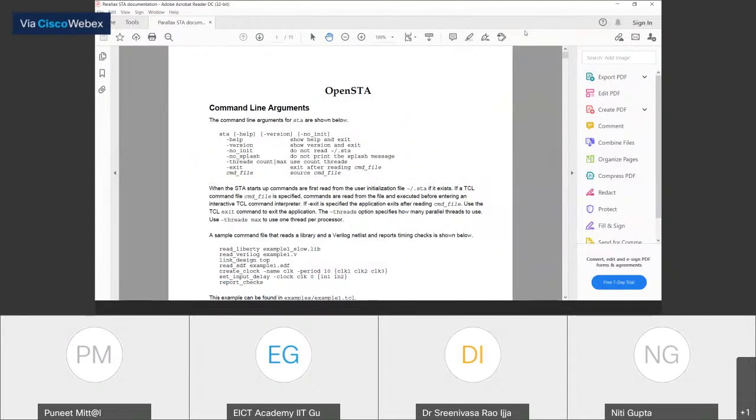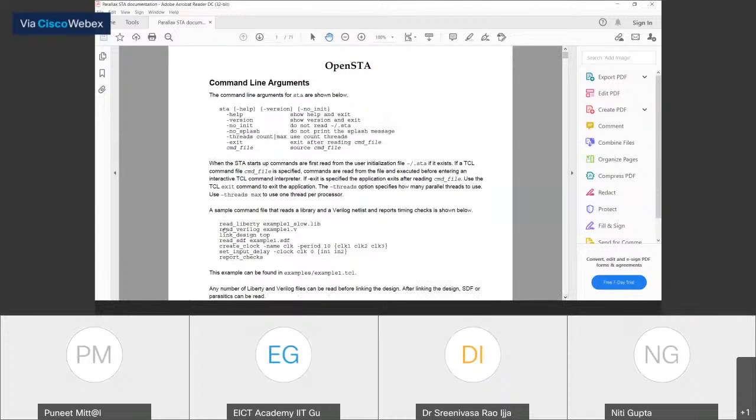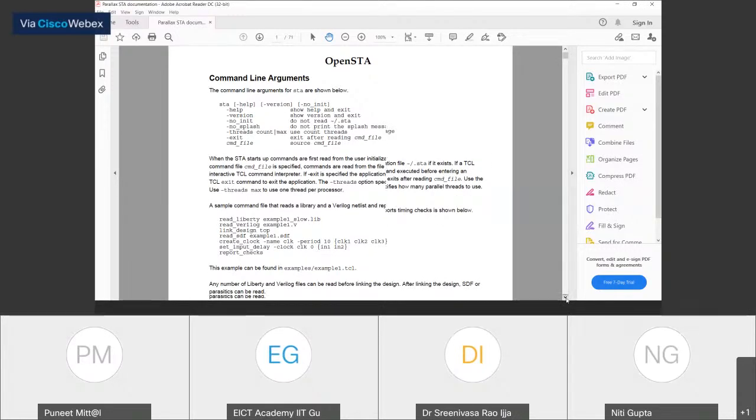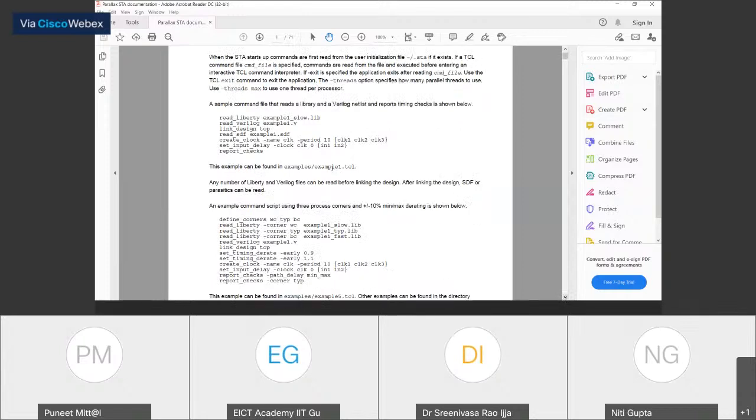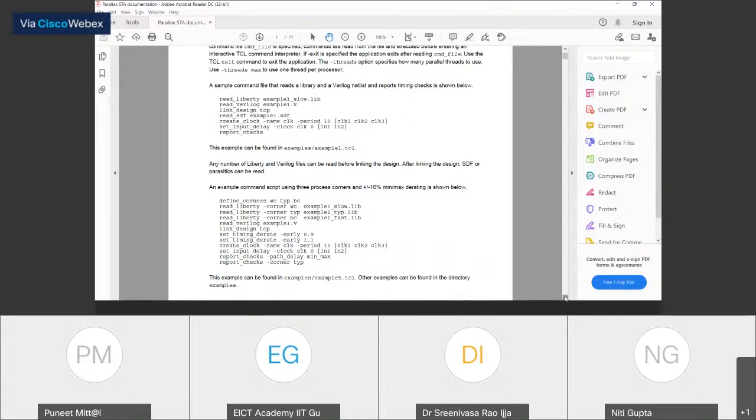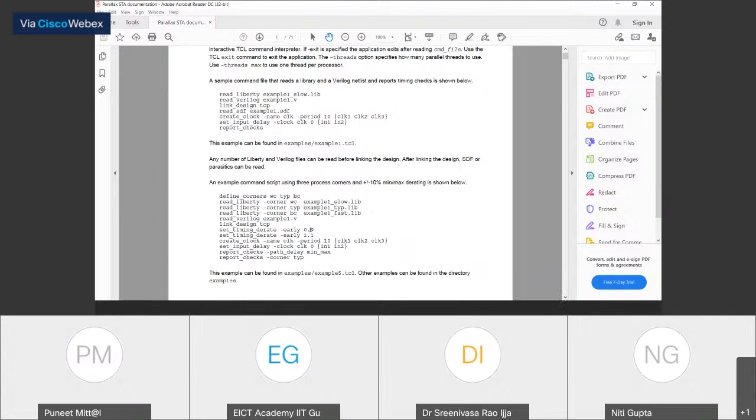Someone was asking yesterday for the list of commands. I would say go and just try it here. It has all these example-related things, what you should do. See, they have mentioned what is inside the example. They also have, from the theory point of view, the different things you can set in a particular way. It is written with respect to the default files they have provided, but on the basis of these default files and this flow, you can come up with your own flow also.